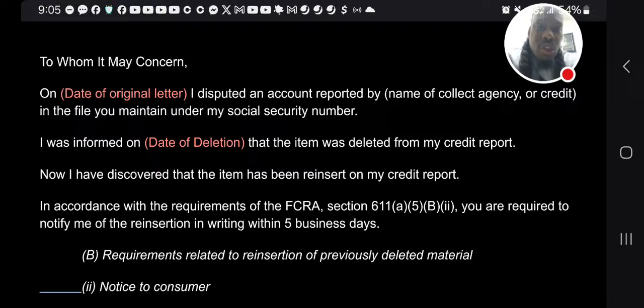That's very important. And it's red, just so you know to sub that out. I should have had that part red where it says name of the collection agency or creditor. I may update it and have that turn red as well. That way nobody accidentally sends it like that with the parentheses. Hopefully you know that you substitute that information for the information that you personally have, which is the date, the creditor, collection agency, etc. So you're basically saying I was informed on this date that the item was deleted from